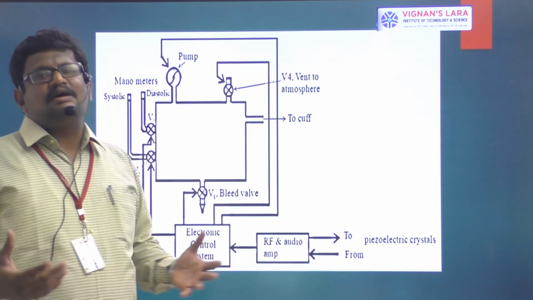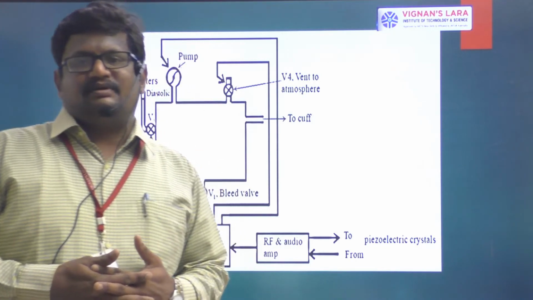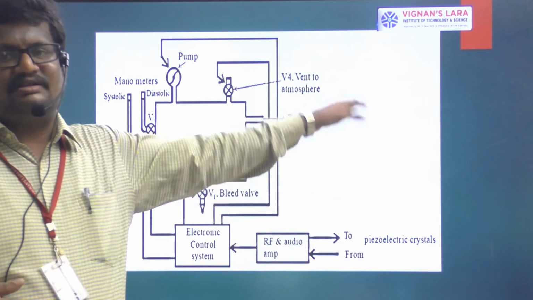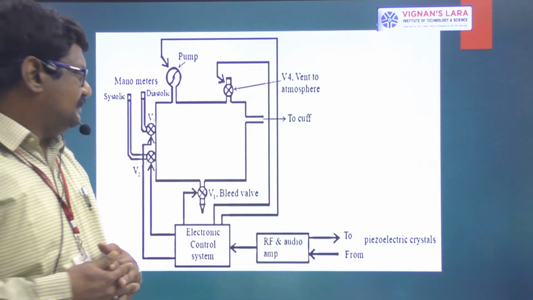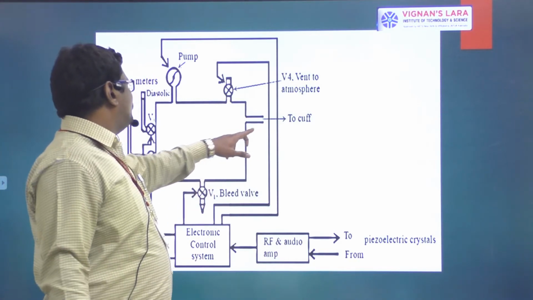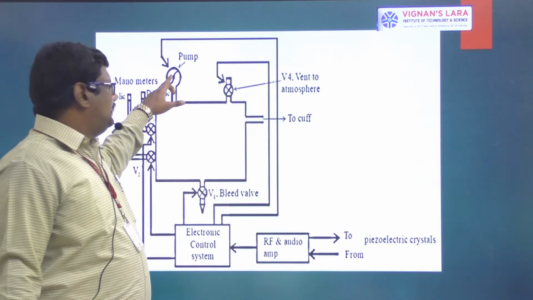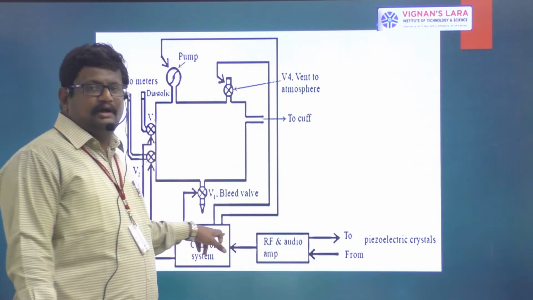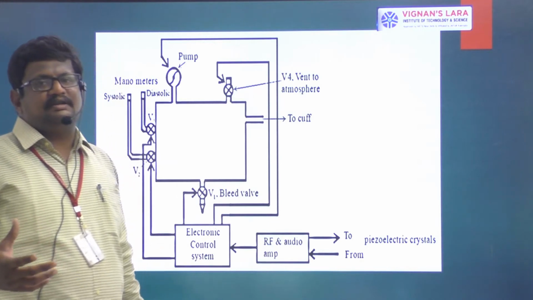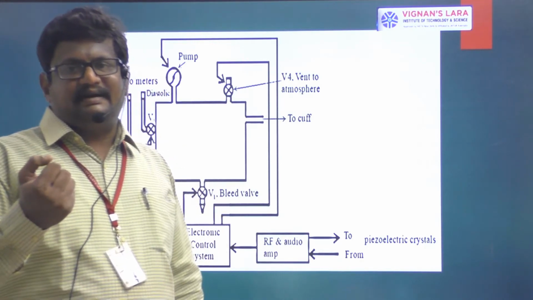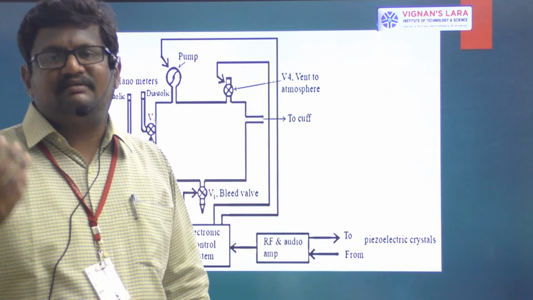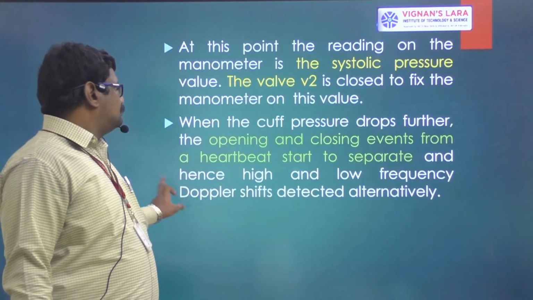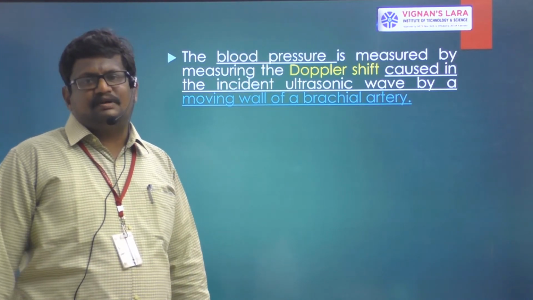External to the instrumentation setup, what we saw just before, we have the external system like this, the pump and valve assemblies, where we have the cuff, and we have the pump for inflating and deflating the cuff, and you have the valves to lock down the pressures, and you have the electronic control system to coordinate all the events. First the cuff should be inflated, and afterwards it should be deflated with the preset interval of time. All are coordinated by the electronic control system. Blood pressure is measured. So this is the principle of operation.